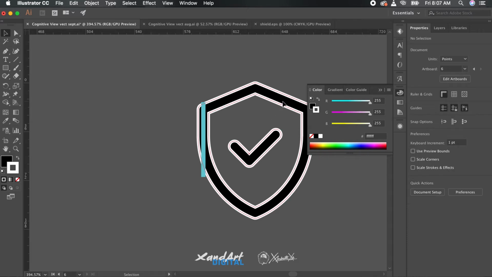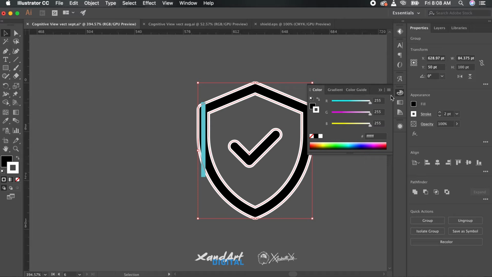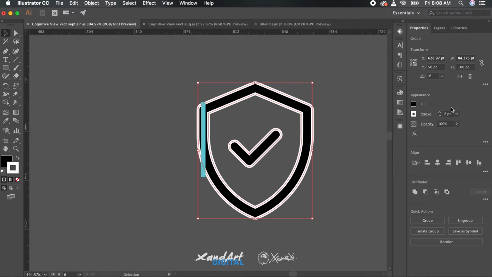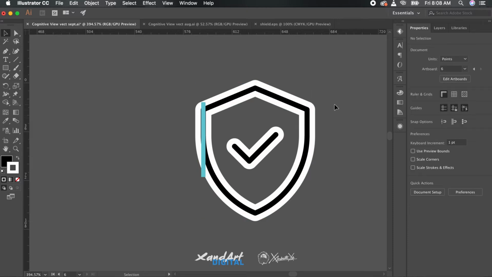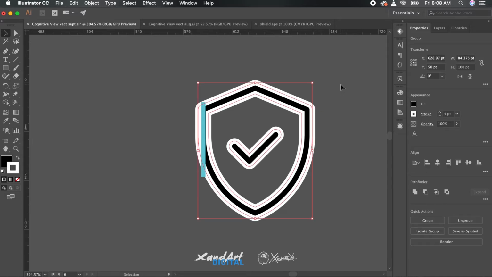Now there are two things we can do with that. You can either increase the weight or decrease the weight. In case of increasing the weight, we make sure that the fill and the stroke together make the weight you are looking for, and in case you want to decrease the weight, just keep adjusting the weight of the stroke till the fill minus the stroke equals the weight you are trying to reach.